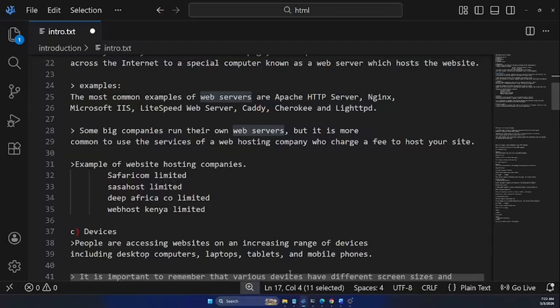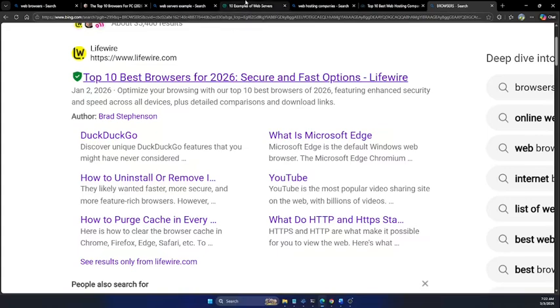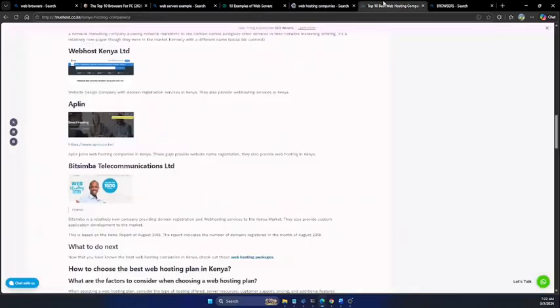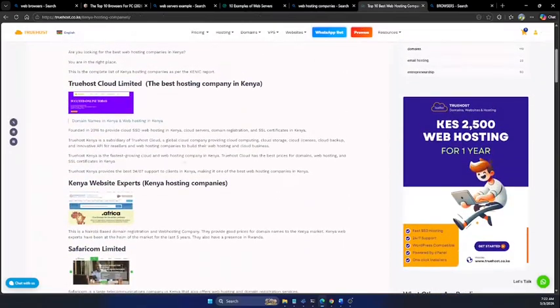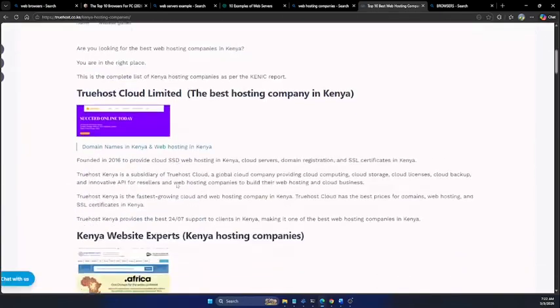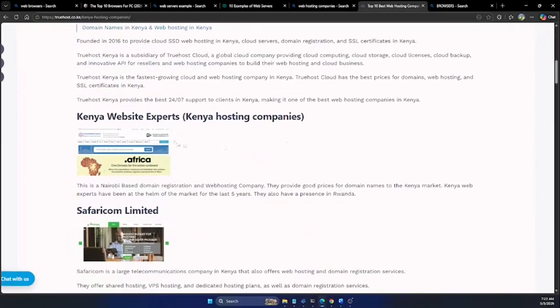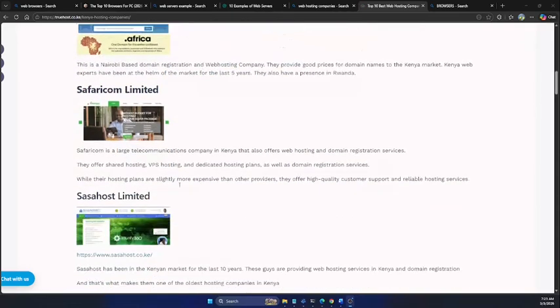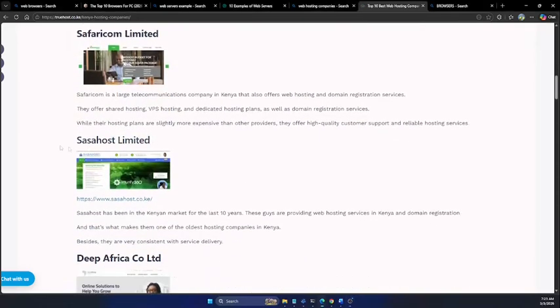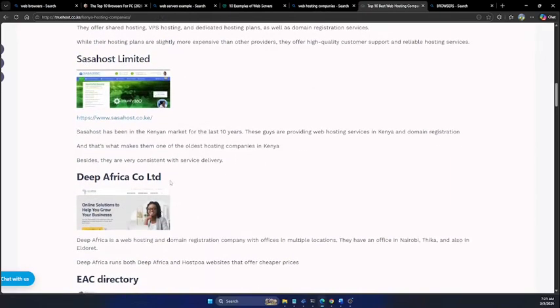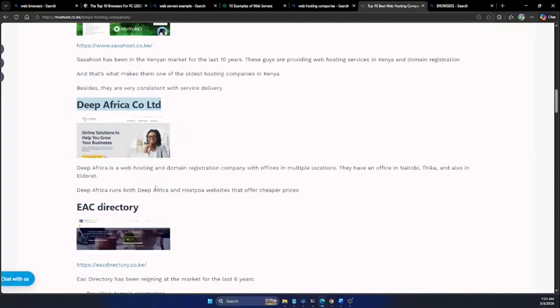So examples of those companies that facilitate web hosting: we have TrueHost, Cloud Limited, the best hosting company in Kenya. We have Kenya Website Expert, Kenya Hosting Company. We have Safaricom Limited. We have Sasa Host Limited. We have Deep Africa. We have EAC Directory,